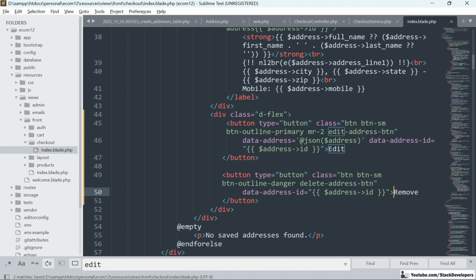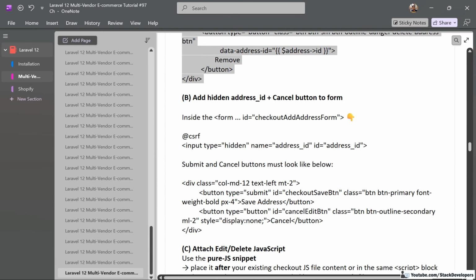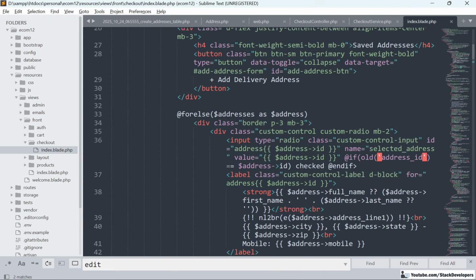Okay, so edit and remove, and now we are going to make sure that we have updated these